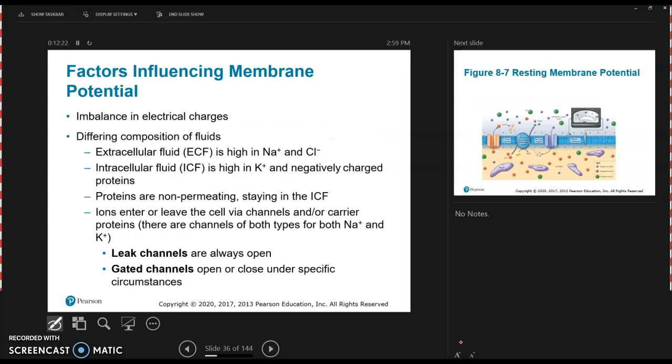And these are some factors that influence that negative 70 millivolt value. The one thing is the sodium-potassium pump. The sodium-potassium pump pumps 3 sodium ions out